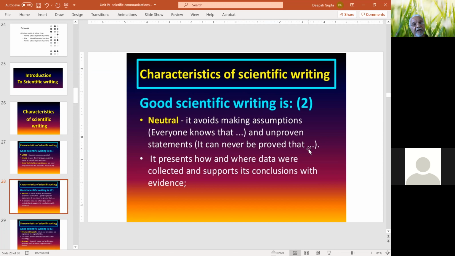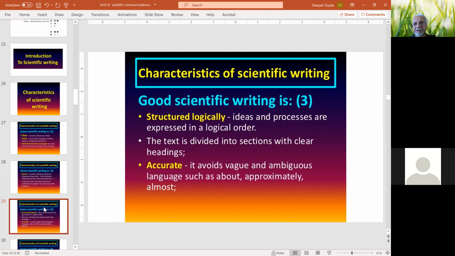This kind of statement should be avoided, and you should very clearly write about your data and the conclusions it is supporting. So that is another characteristic which one has to keep in mind.